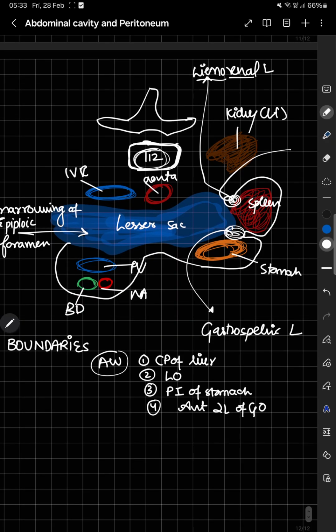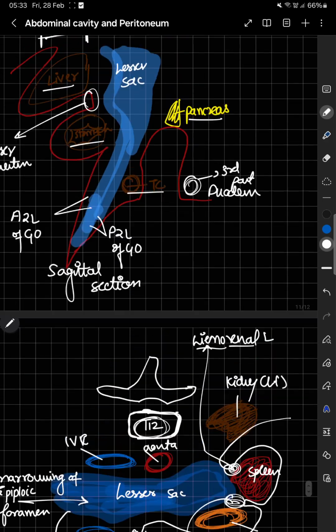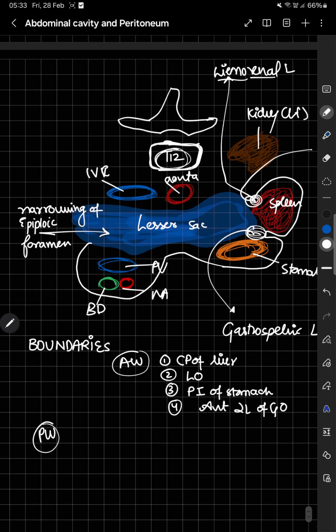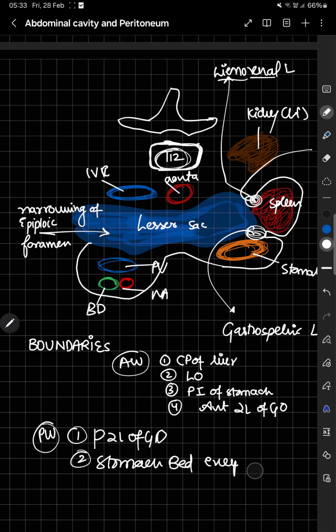Now we have the posterior wall, which is also self-explanatory from this diagram. We have the 2 posterior layers of greater omentum and the structures of stomach bed except spleen. So first thing, we have the posterior 2 layers of greater omentum, and then we have the stomach bed organs, apparently stomach bed except spleen. So this exception is very important. Okay,